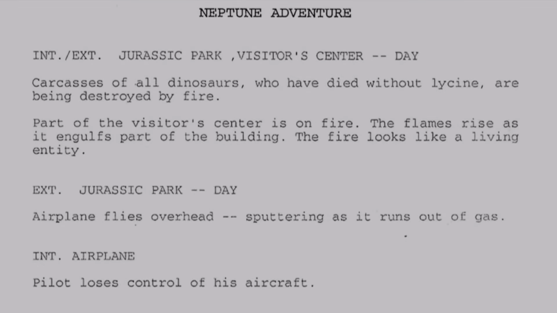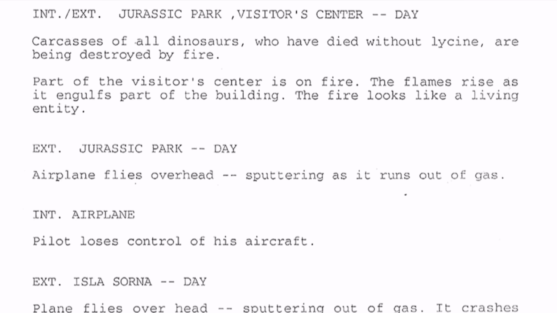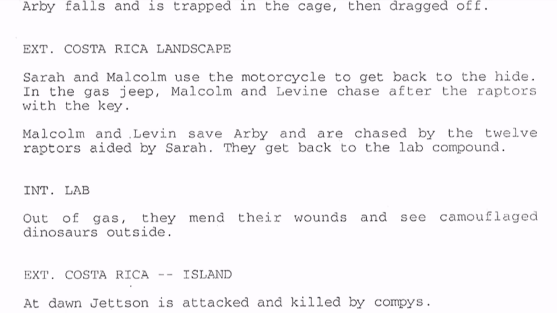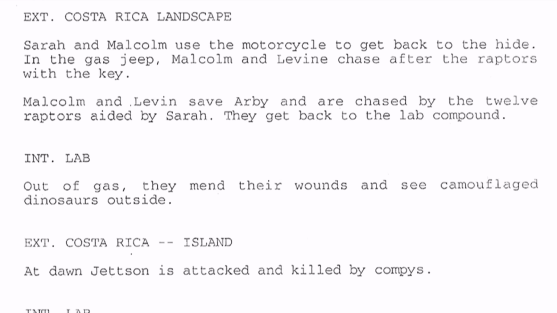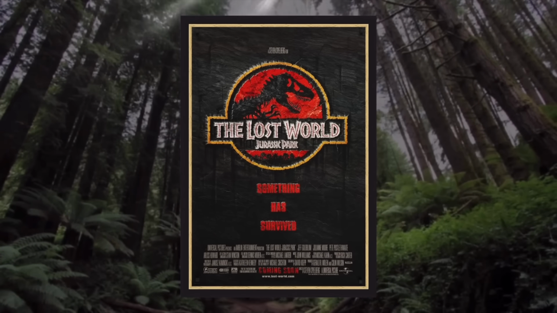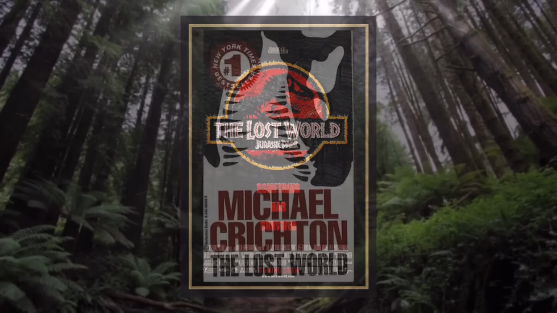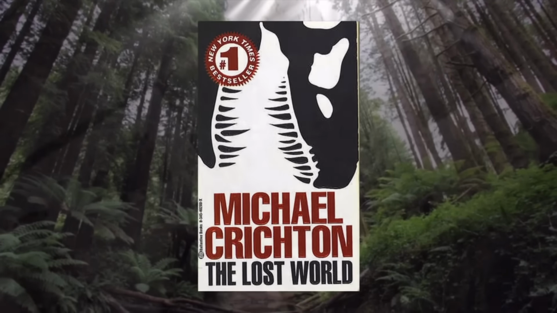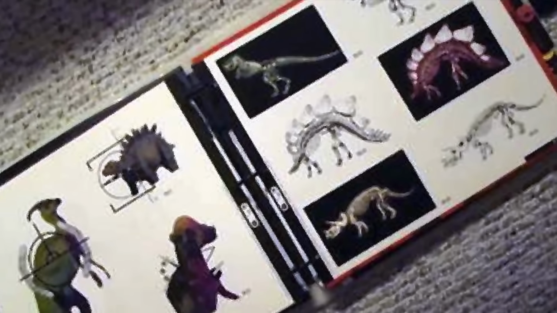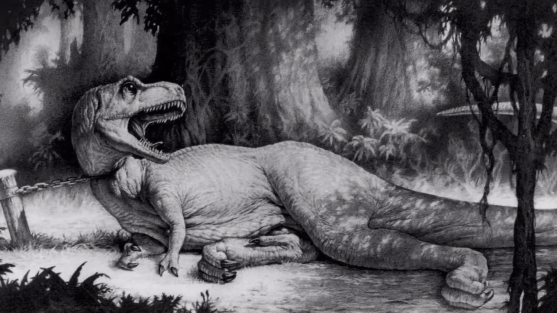The story that we will be going over today was actually the very first adaptation of Michael Crichton's sequel book, The Lost World, into a Hollywood script from David Koepp and Steven Spielberg. But as many of you know, the Lost World movie that we actually got in 1997 is wildly different from the Lost World book that was released in 1995. This story would be David Koepp's first translation of the source material. However, even back then, there was a lot of stuff that was drastically altered in the script.